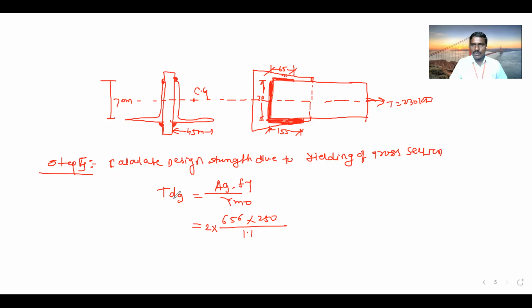Total strength of weld due to yielding we are calculating. So this is the area AG for a single angle, but double angles are there, so we have to calculate this for double angle. 298.18 kilonewton. Is this greater than 230? Yes, sir. Hence safe. It means the coming load is 230 and the load taken by this angle is 290.